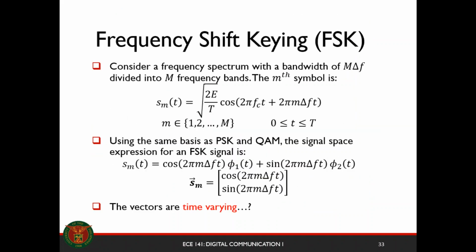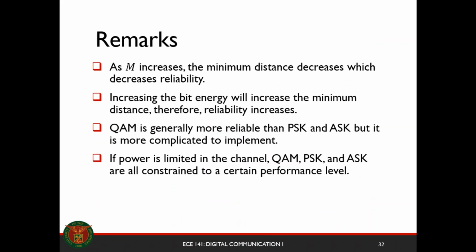Okay? And that's summarized right here. So in general, when your M increases, if we fix the energy, your minimum distance decreases, which decreases reliability, etc. Basically, there are just a lot of trade-offs. If you want to increase your reliability, you need to increase the energy. And QAM is, like I said earlier, generally more reliable than PSK and ASK, but it's more complicated to